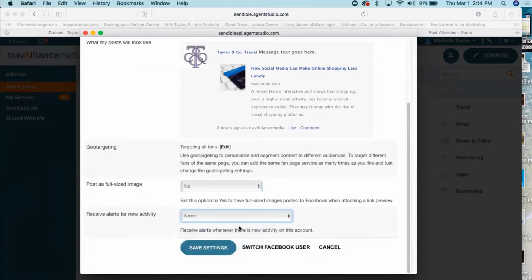That way you're not going to receive notifications every time someone posts on your page, or they like your image or they share it, things like that. If you want the notifications to come to your priority inbox, I'll show you where that is after we save this. So if we save these settings